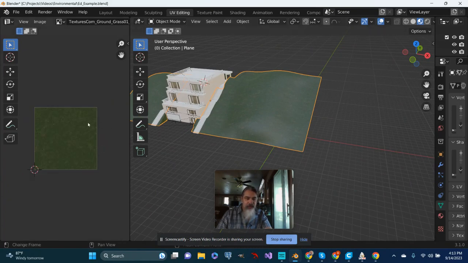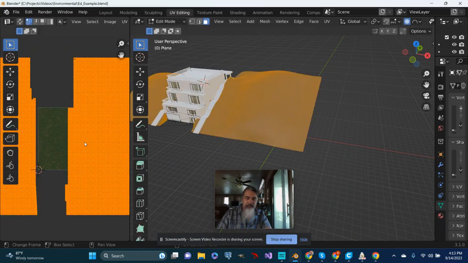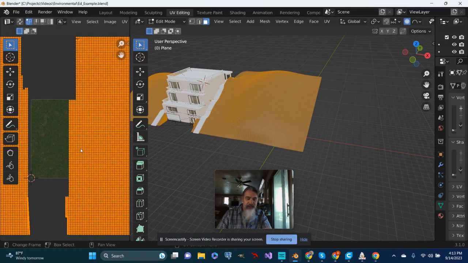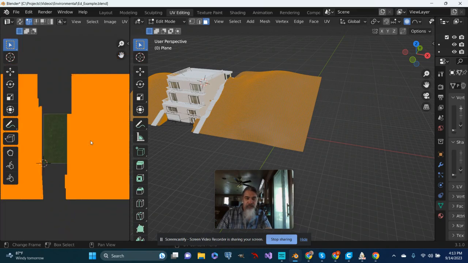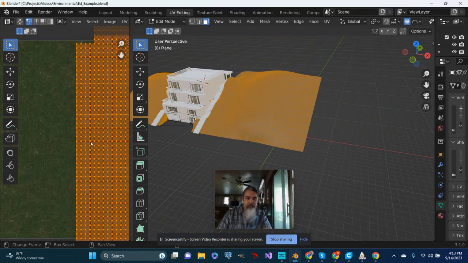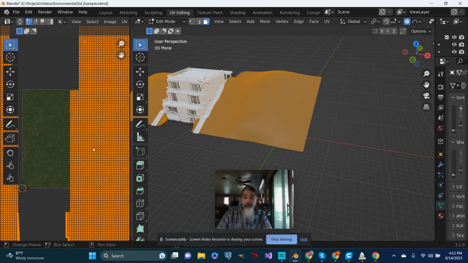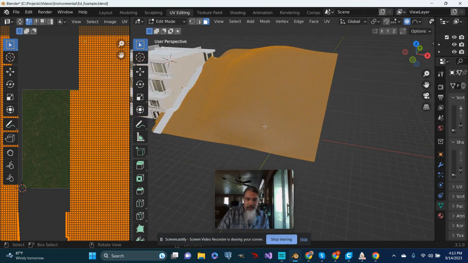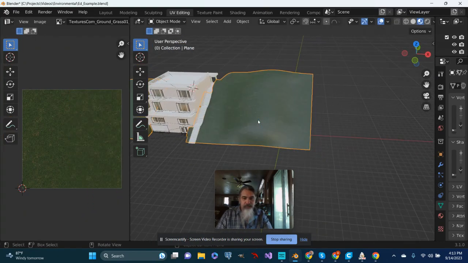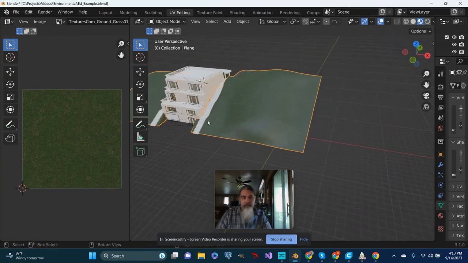So again, if I go into edit mode and I select the individual planes, I can resize them. There's a lot of other things I can do if I want to create seams or create something a lot more nuanced. But for the purposes of what I'm doing at the moment, this is okay. This will work. I'm going to go back into my layout